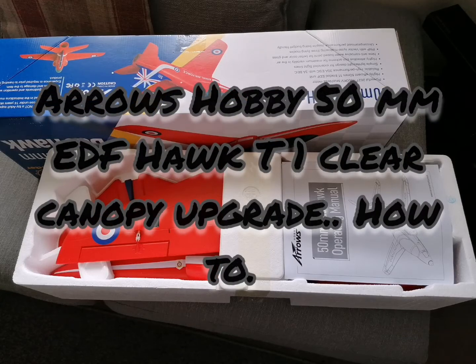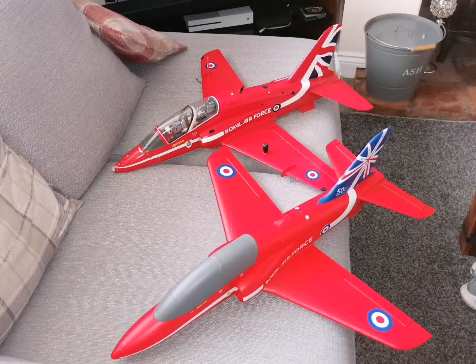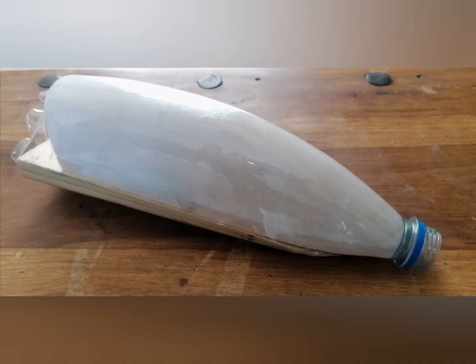Hi everybody, this is a video I'm making to show you how to make a clear canopy for your Arrows Hobby Hawk using this clear PETG, moulded in this bottle from a plaster cast. It makes the model look a lot better, and I think they should have done this from the start, but anyway,